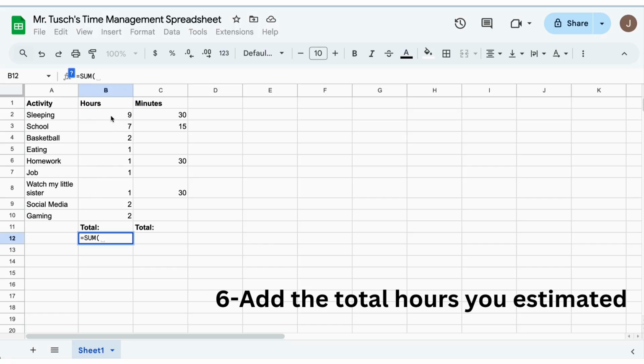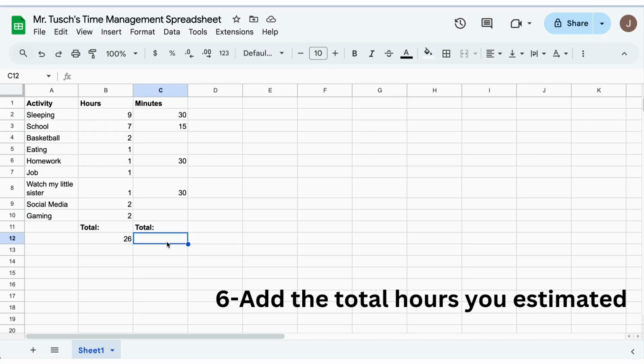It's looking for a range of cells. I'm going to click and drag. This is the range of cells. So I just told it, add all those numbers. The last thing I do is add a parenthesis at the end. So you have to have equals sum, open a parenthesis, tell it where to look, close the parenthesis, and hit the return or enter key on your keyboard. Boom, 26 hours. Already I can tell I have a problem, but that's for the next section.